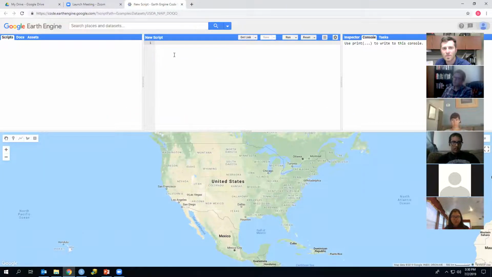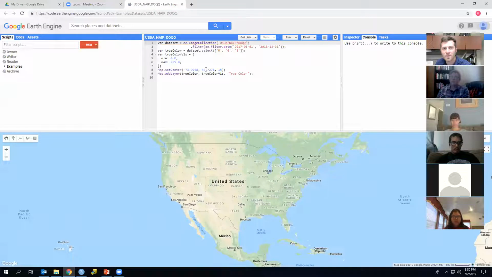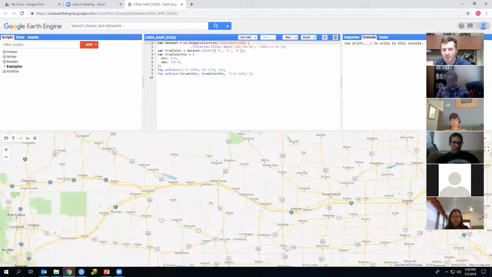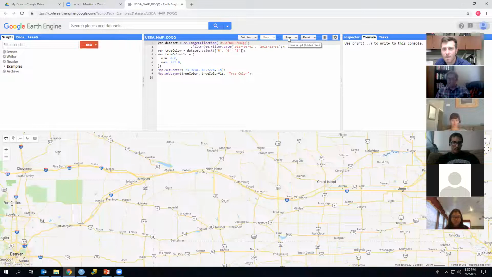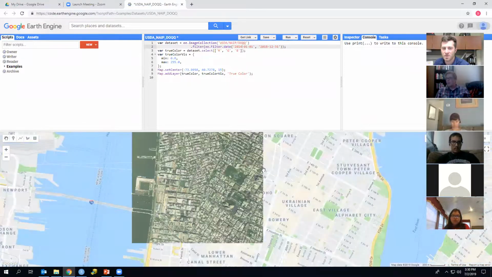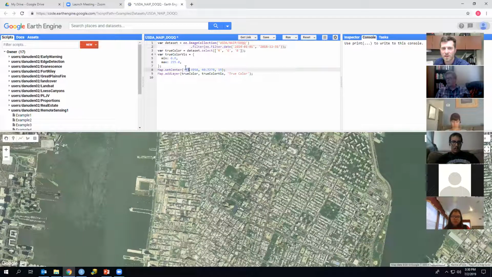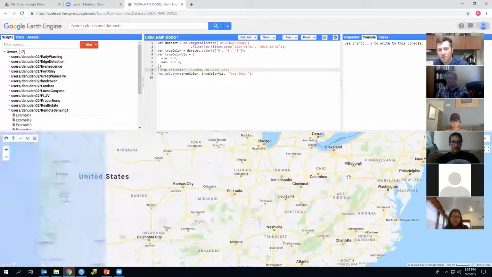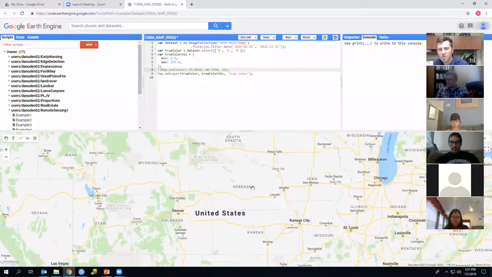Give it a minute. There it is. All right, and we can zoom into a Nebraska landscape. Let's change the dates just to make sure. They only collect it every few years, so I'll just move that from 2014 to 2018, and we'll get the imagery from that time frame. Whoops, it zoomed me. Where did it zoom me to? Long Island, looks like. But it has imagery for everywhere,